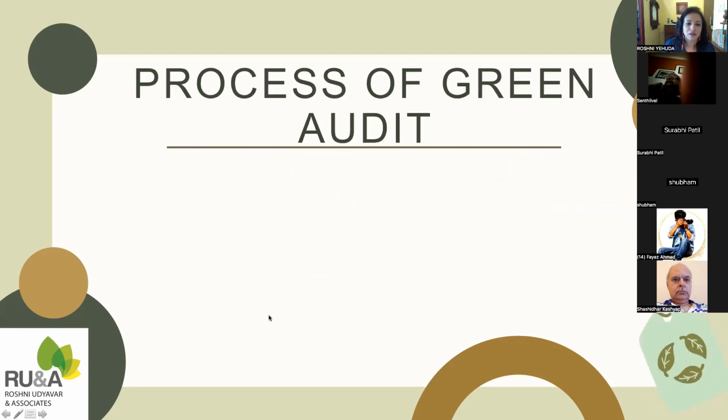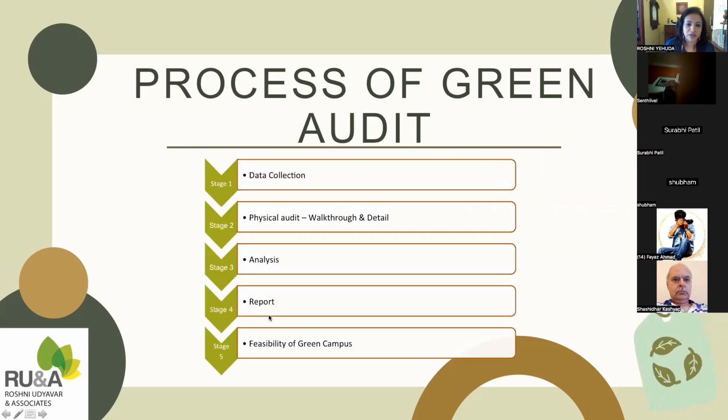So what is the process of green audit like? What are the steps? So this is how we go about it. The first step is to do the data collection, for which we have a simple format of an online process. So all the institution has to do is to upload data on this link that we will provide you. Then we have a physical audit, which includes a walkthrough audit, which means checking of your inventories, and also,